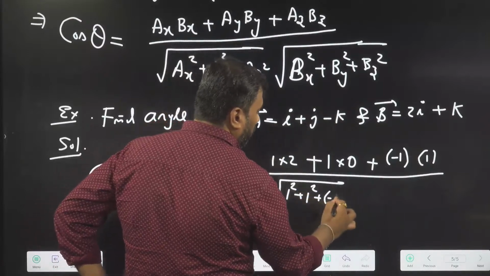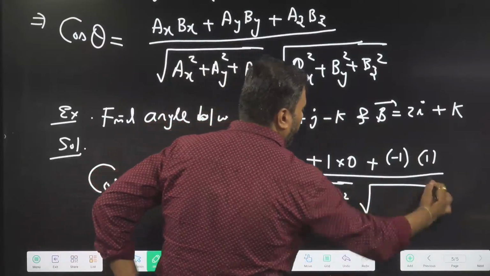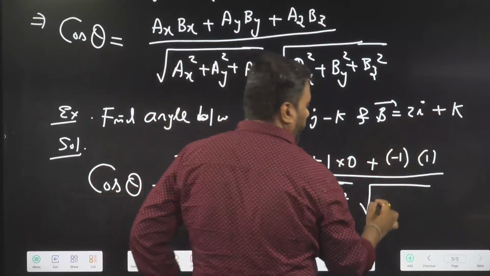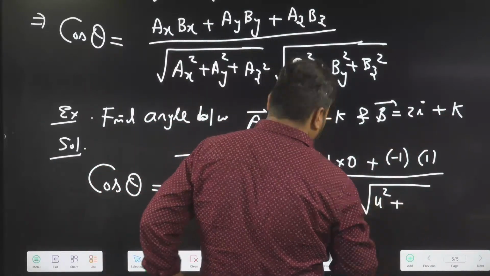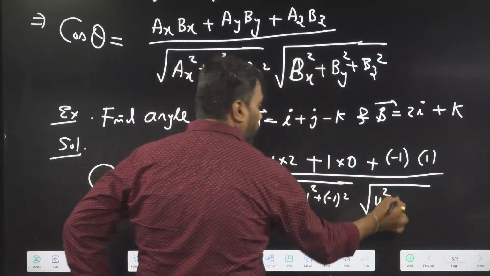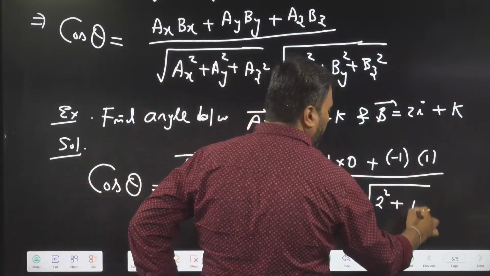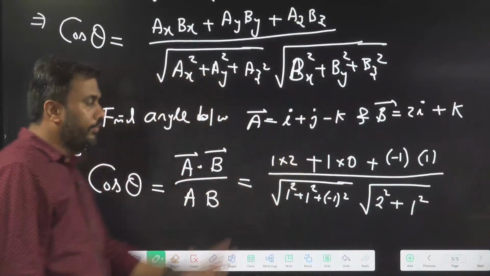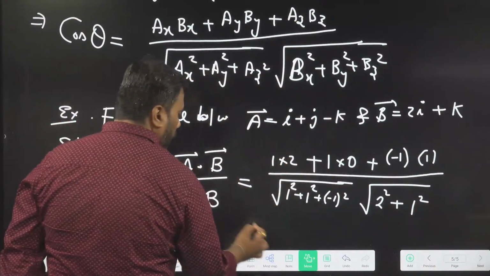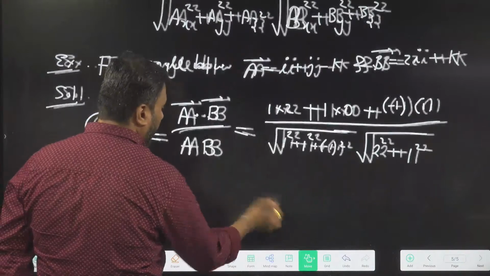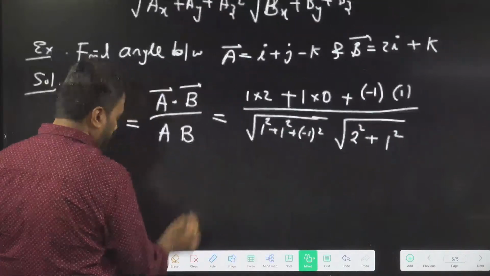Minus 1 square, it will remain 1 square. And the length of B is 2 square plus k component 1 square. So this will give you cos theta. If we just solve it,